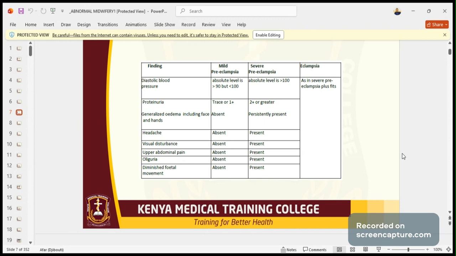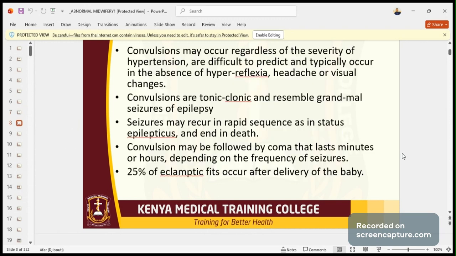The patient presents with convulsion, that's indicative of eclampsia. So convulsion may occur in eclampsia. It has to occur in eclampsia. So convulsion may occur regardless of the severity of hypertension. They are difficult to predict and typically occur in the absence of hyperreflexia, and headache or visual changes can occur anytime. So convulsions are always tonic-clonic, and they resemble grand mal seizures of epilepsy. Tonic-clonic means we have a tonic phase and a clonic phase. Tonic phase is when now the